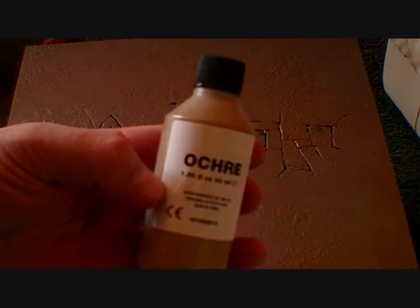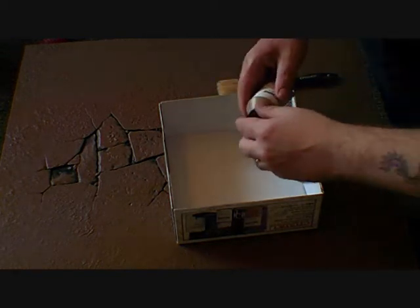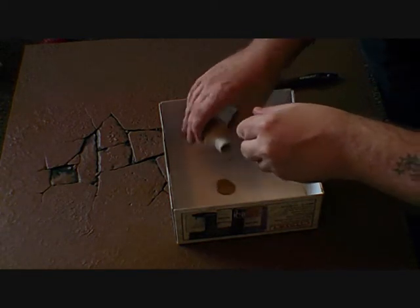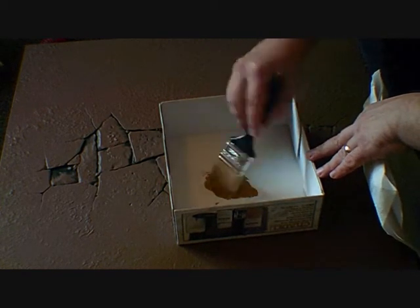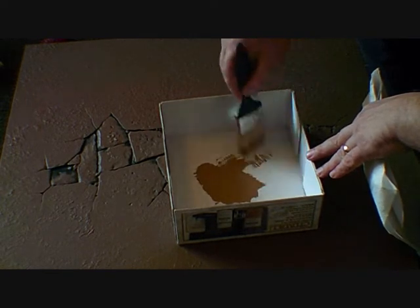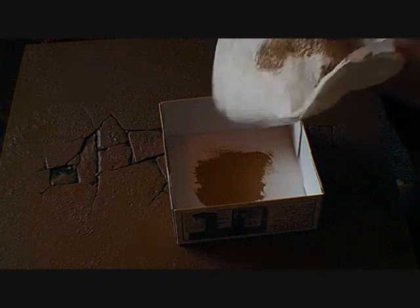Onto the ochre. I call it ochre. Shake it well. I'll use the lid to sort of pour it into, and just dry brush this on, or over brush it really. And you haven't got to worry too much about it if you are going to be putting flock on. I knew for most of this tile here I'd be putting a lot of grass, a lot of flock on there, so